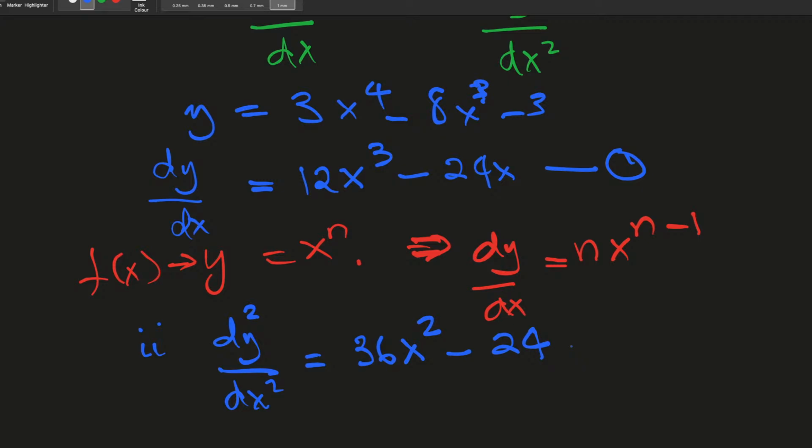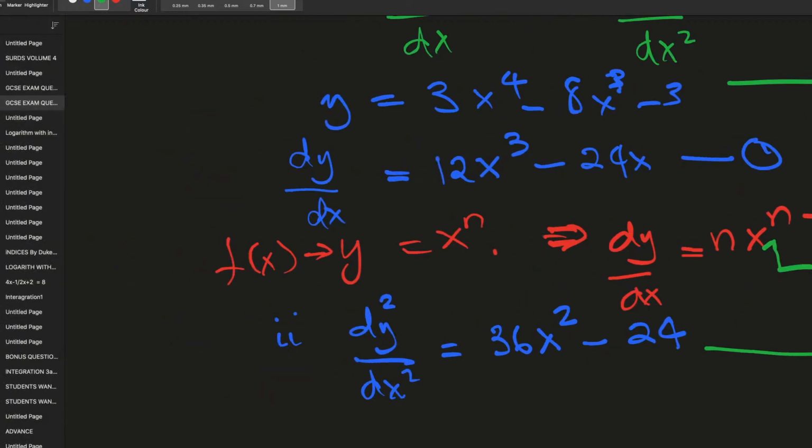All of them use the same approach, and the second derivative uses this same approach too. Okay, then let's look at the next